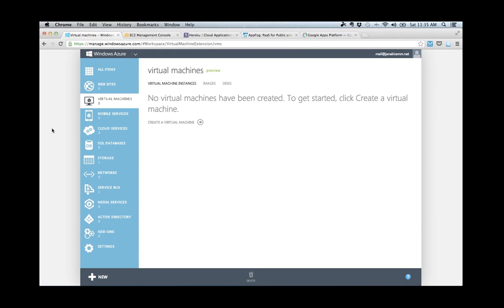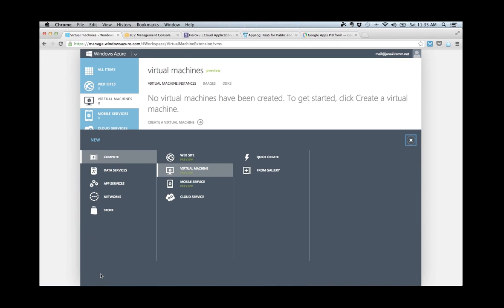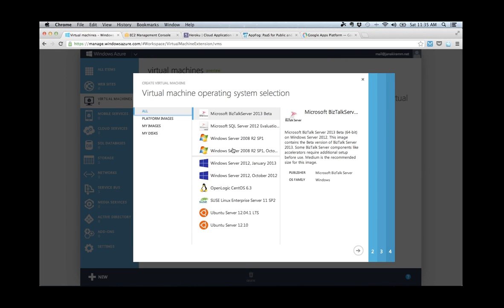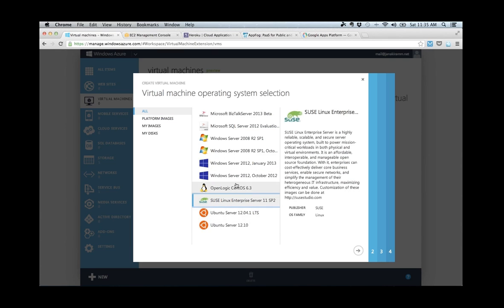I now want to show you one of the other platforms. What you see here is actually Windows Azure. Windows Azure is also an infrastructure as a service platform. So here I can click on compute, select virtual machine, click on gallery, and here you notice that like Amazon, of course limited in choice, but here I can launch a BizTalk server, fully configured, SQL Server, Windows Server 2012, CentOS 6.3, SUSE Linux, Ubuntu, and so on.